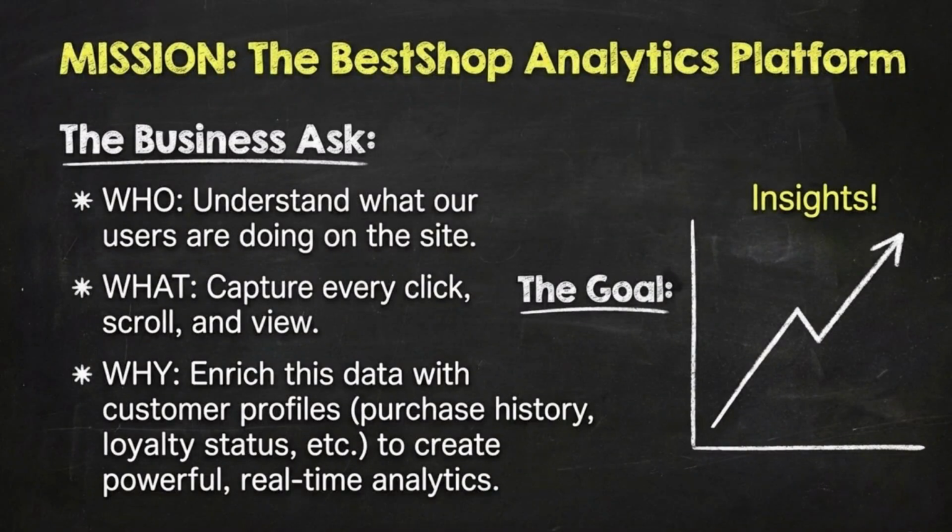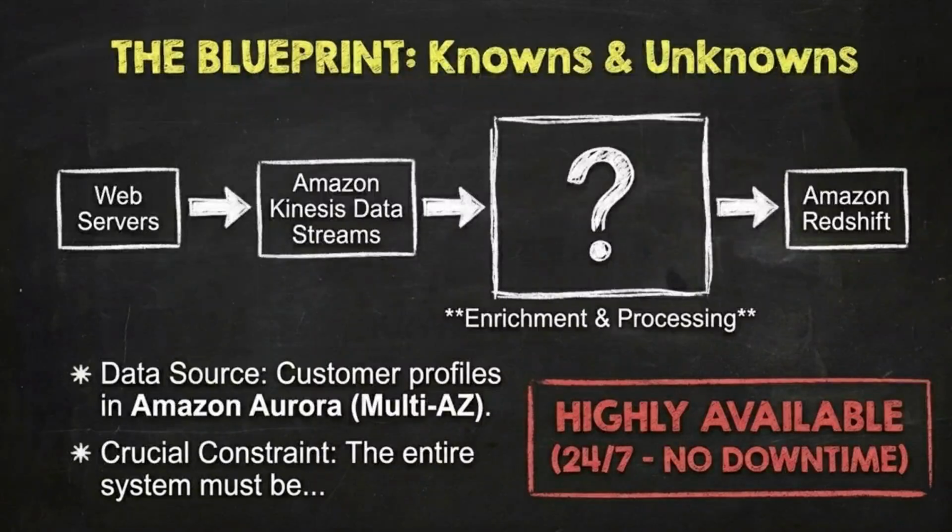But let's break down what this means technically. First, we have Clickstream data, a stream of clicks from web servers. The company has already configured sending this data to Amazon Kinesis data streams, so the data stream is already flowing to the cloud. Second, the company has a customer database in Amazon Aurora, a powerful cloud-based PostgreSQL or MySQL, and